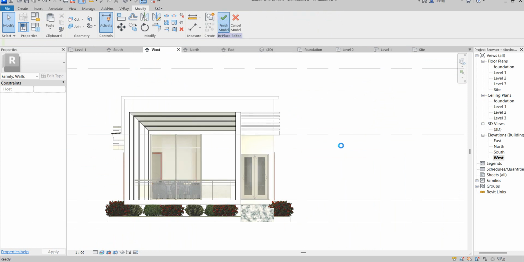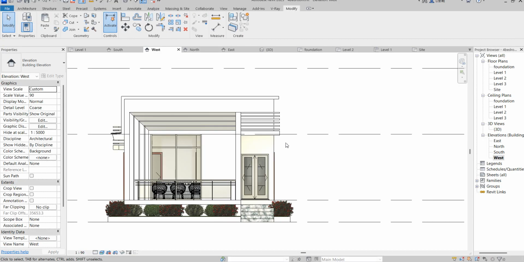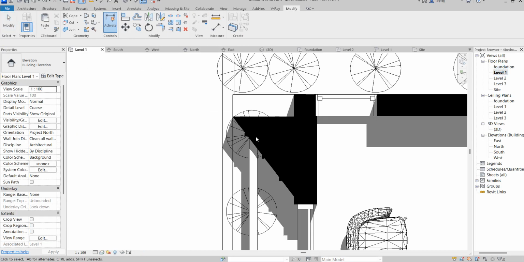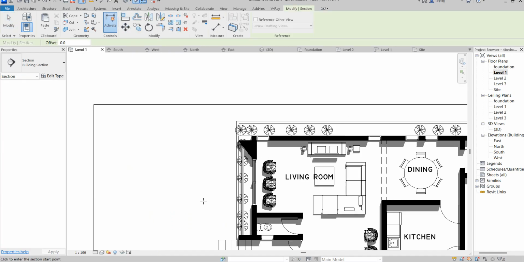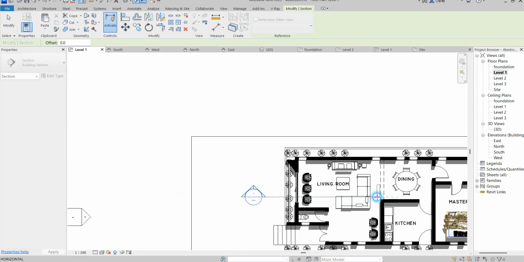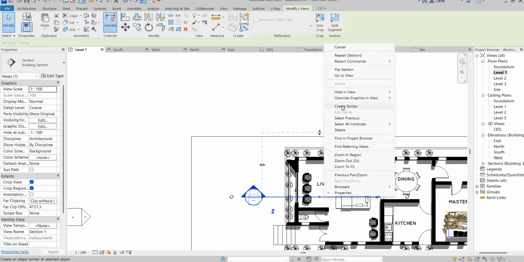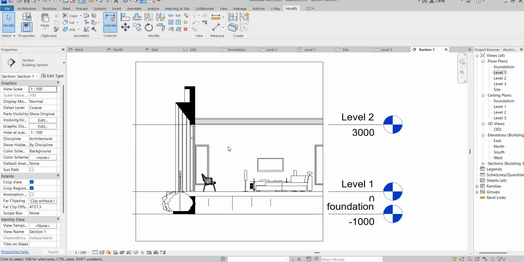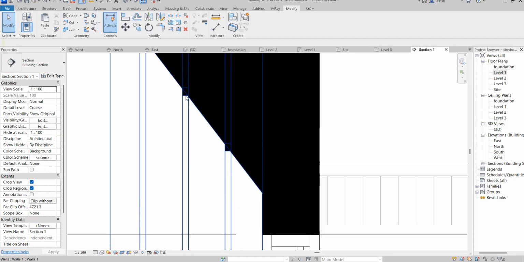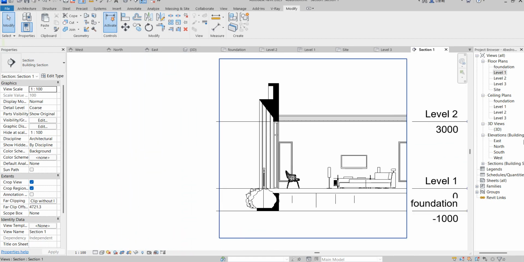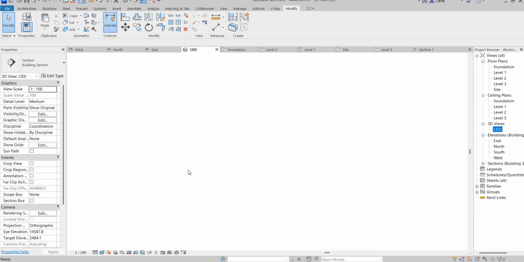So let's check, a temporary section to address that. I'm going to say section, which is going to cut across like this, just halfway. Then I'll say go to section. So this is it. Everything is in perfect order, but this is what I've created. If you are seeing it here,